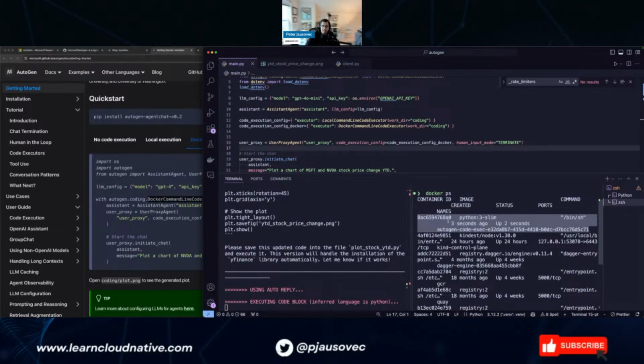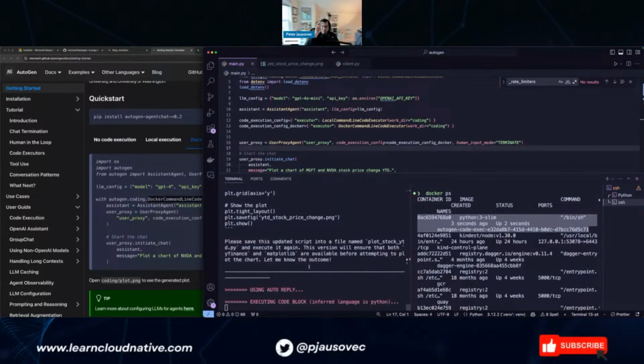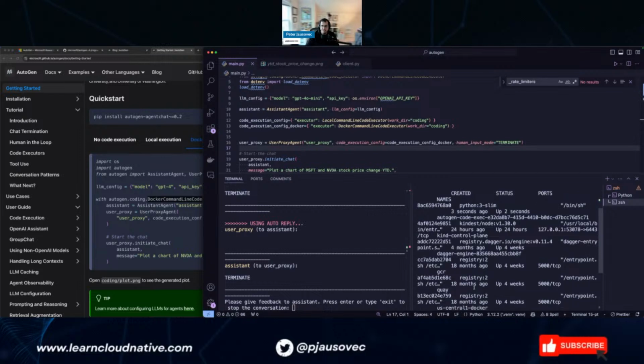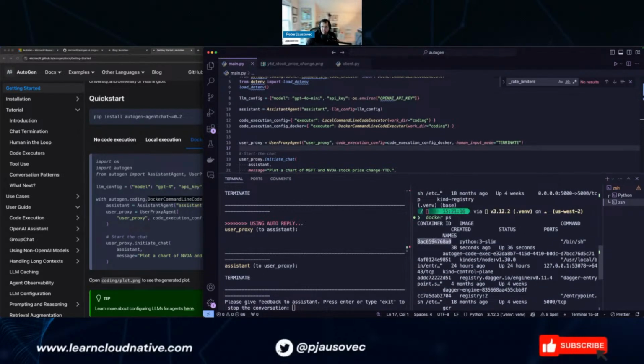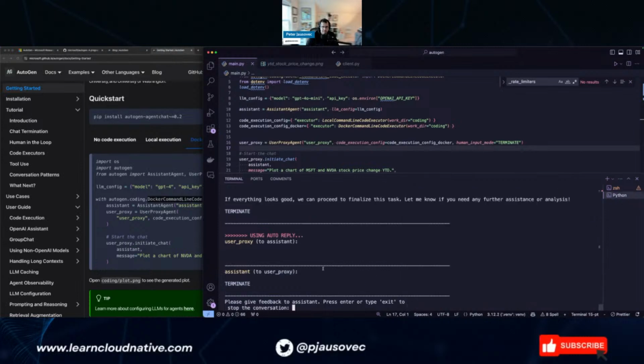So it does spin up a Docker container and runs the code inside. It's not running the main.py itself inside a container, though I'm assuming you could run that inside a container as well. But the actual code that has to get executed runs inside a container. That's pretty nice. Let's see if there's anything interesting here. Docker logs, nothing. All right, that's fine.